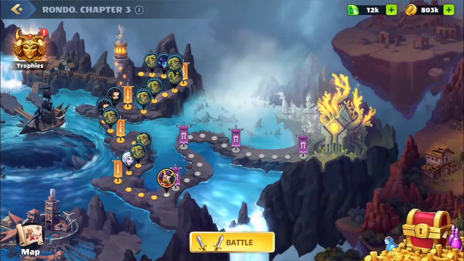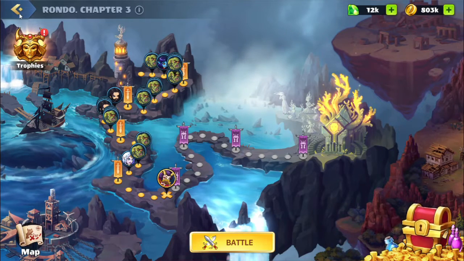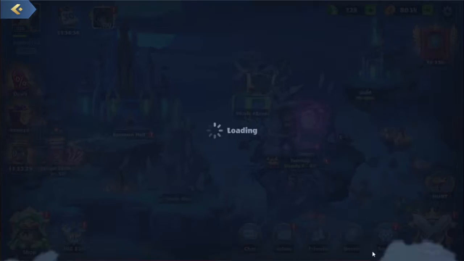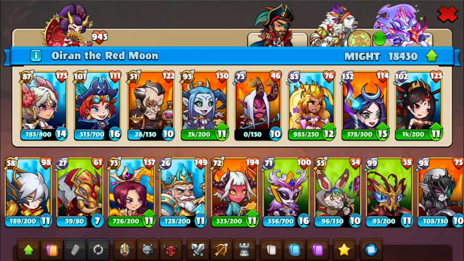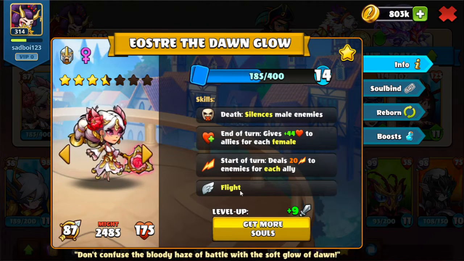Okay. Let's go take a look at the squad that we used to beat this boss. So let's go check out our heroes. First of all, we have the Yoster over here. We have this skill here to silence male enemies, which wasn't really necessary and also would hurt us against Insidious because of the old god damage. But we do have the flight to at least block some of the melee heroes that dealt a lot of